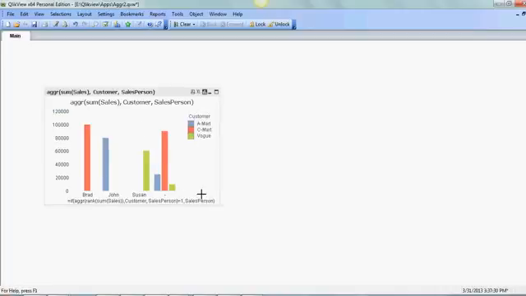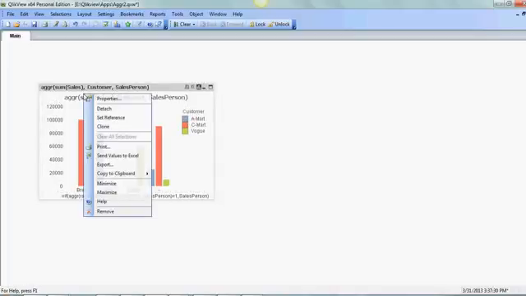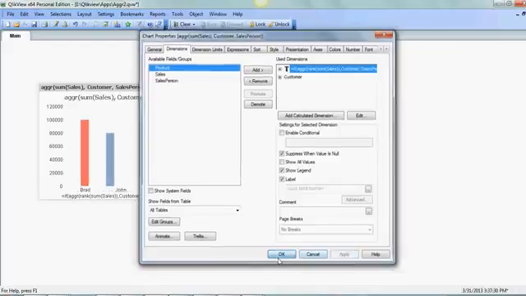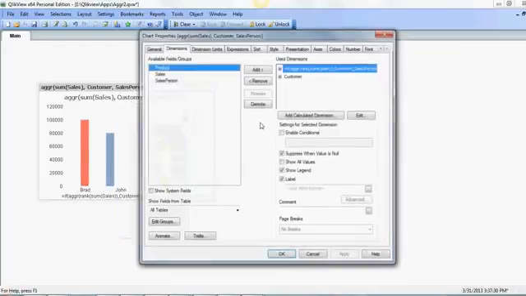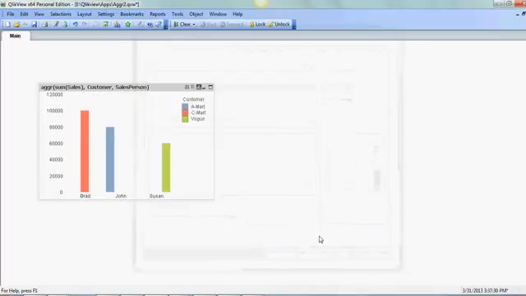Very good. As you see now, it only shows the top 3 salespeople. We need a little bit of cleanup here. First, we need to get rid of this null value. How do we do it? Go back and suppress the null value. So here we are, and then we also turn off the label. Go in, turn off this. So there you are. We have the top 3 salespeople for each customer,